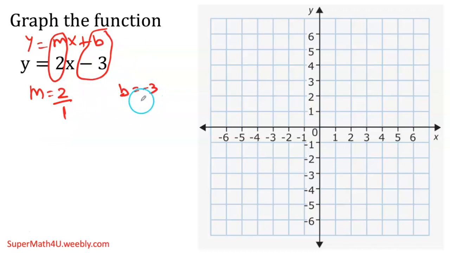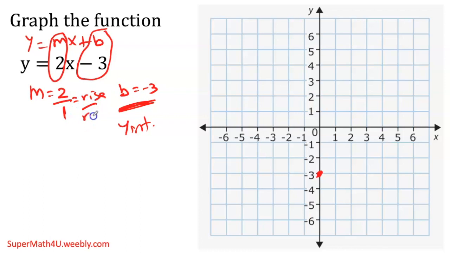When you're graphing, the first thing you do is your y-intercept. That's going to be 1 point. So I'm going to go to b, -3, which is your y-intercept of -3. So on the y-axis, you go all the way to -3. And then, using the slope,